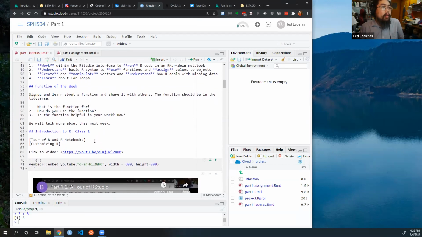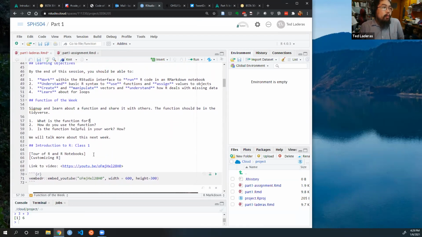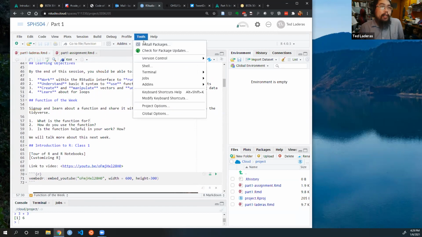Okay, so we're going to start with our introduction to R. We've already started the tour of R and the R notebooks. But this is something that's fun, and it immediately makes RStudio Cloud feel like it's yours. I'm going to show you how to customize the interface. So I'm in the Tools menu. If you go down to Global Options,